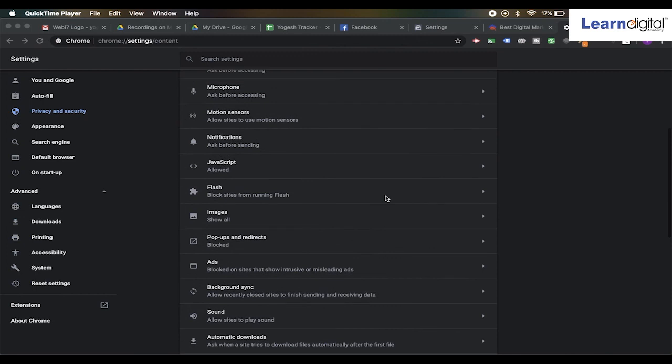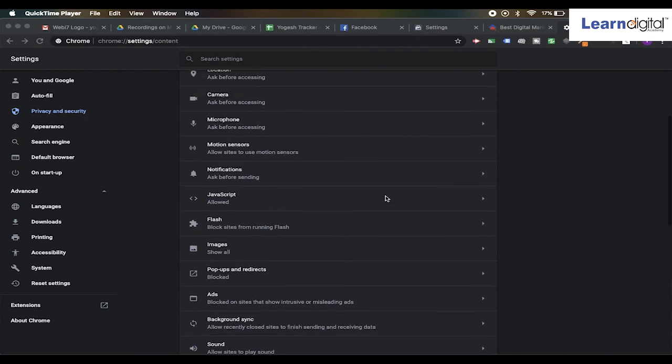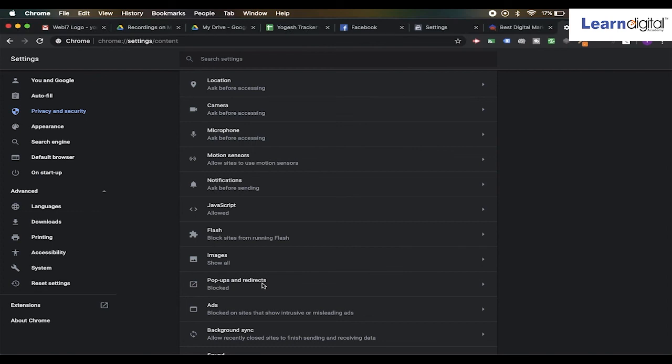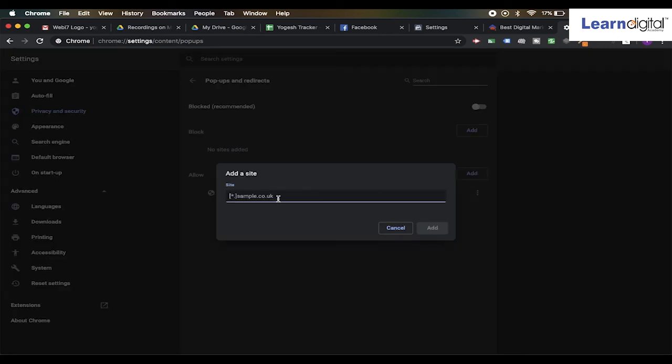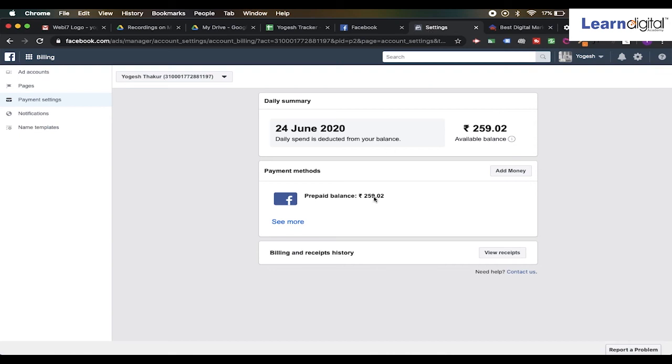In your privacy and settings, you will find settings where you are supposed to go to pop-ups and redirects. When you go into pop-ups and redirects, you're supposed to allow a particular website with whatsoever you are connected with. So let's say that I want HDFC Bank to open up with any other site. In a similar way, I want Paytm to integrate with Facebook currently. So I'll just simply go to add and put the website URL over here. Click upon add. What is going to happen is when I continue with my Facebook payment over here, it will not create a problem if the pop-up does not go ahead.